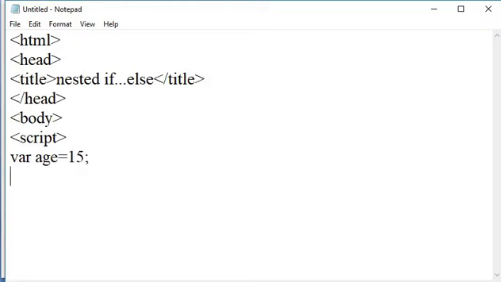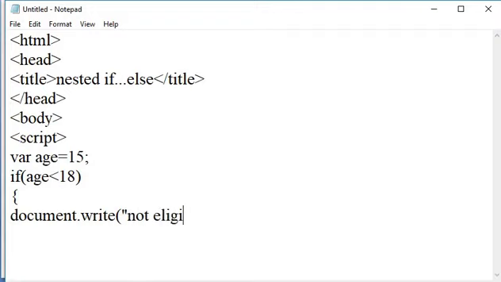After that, we write a condition: if age is less than 18, then I am printing with document.write: not eligible to work.